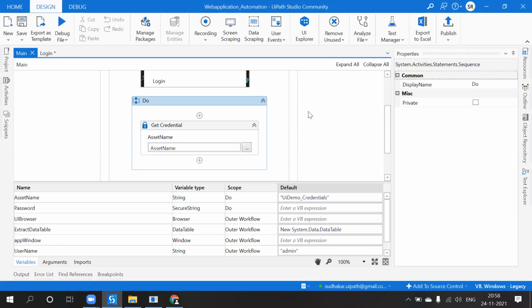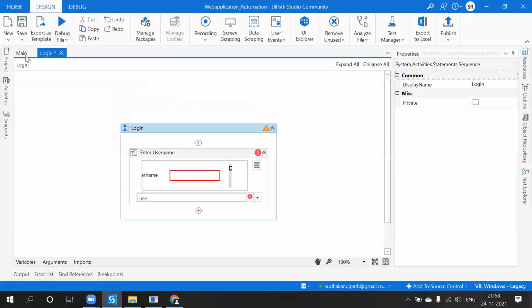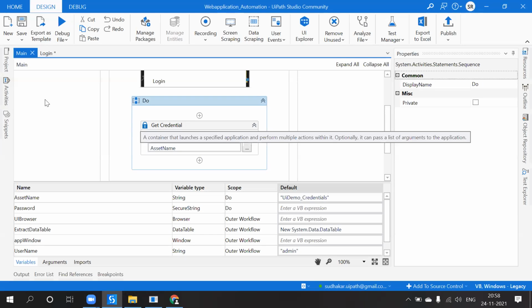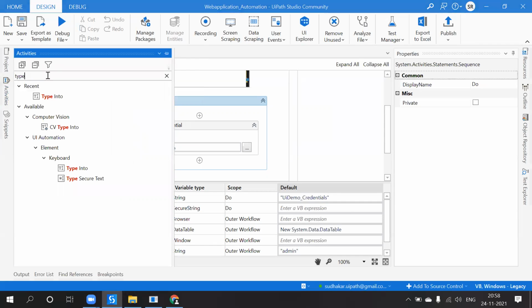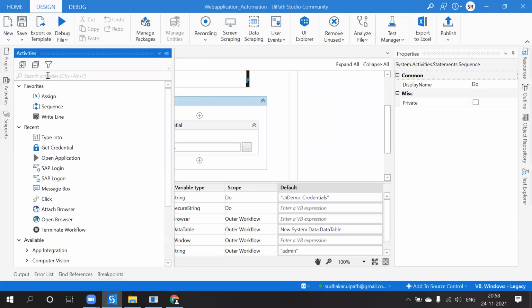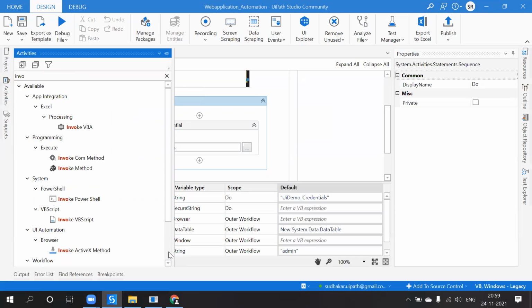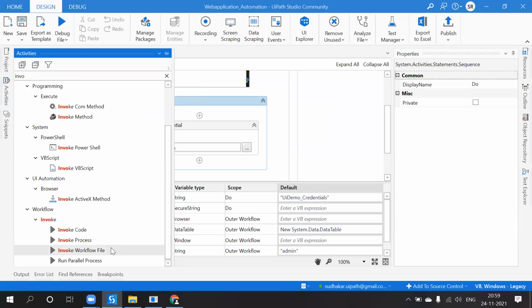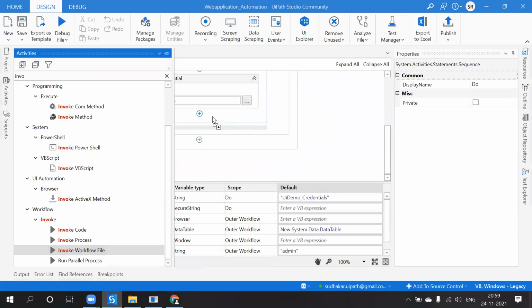Correct. So for that, we have an activity called invoke workflow file. Okay, just take this.